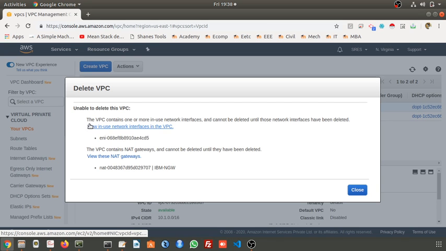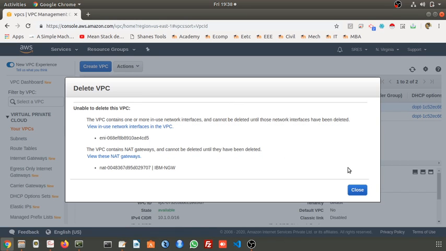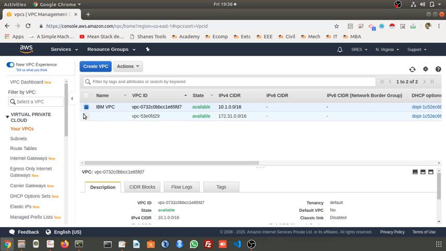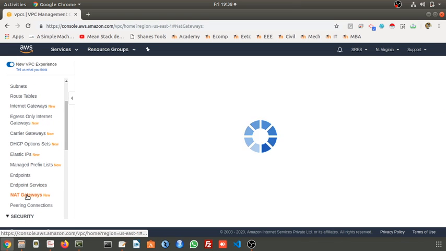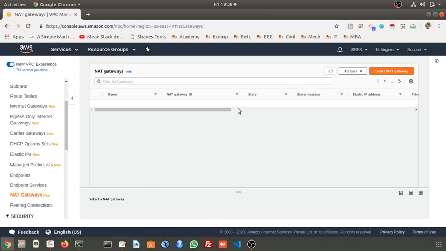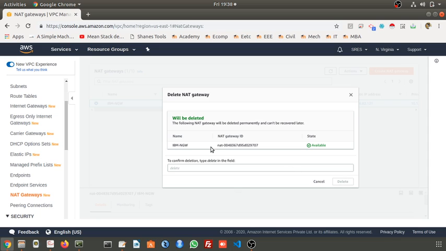Okay, something is in use. An internet interface is in use. What is it used by, let's see. Okay, the NAT gateway is also included for this, so we have to delete the NAT gateways. Okay, this one, select it, delete this NAT gateway.